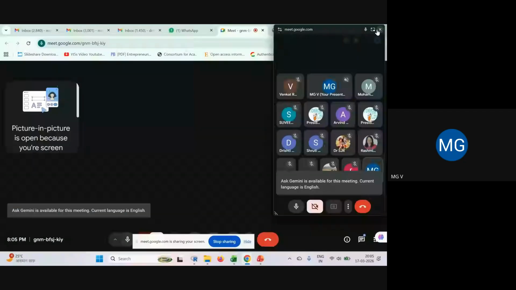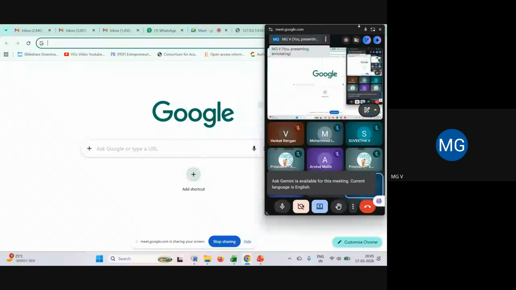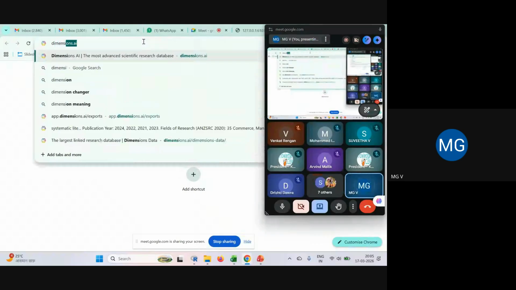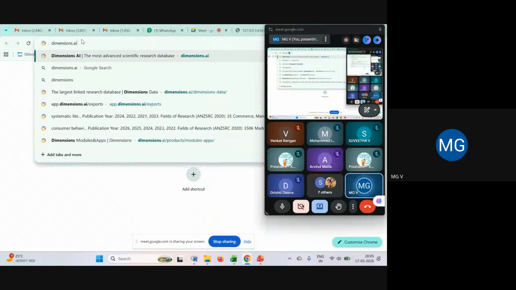Right. Sir, you open Google. Let us type dimensions. And automatically it will show dimensions.ai.